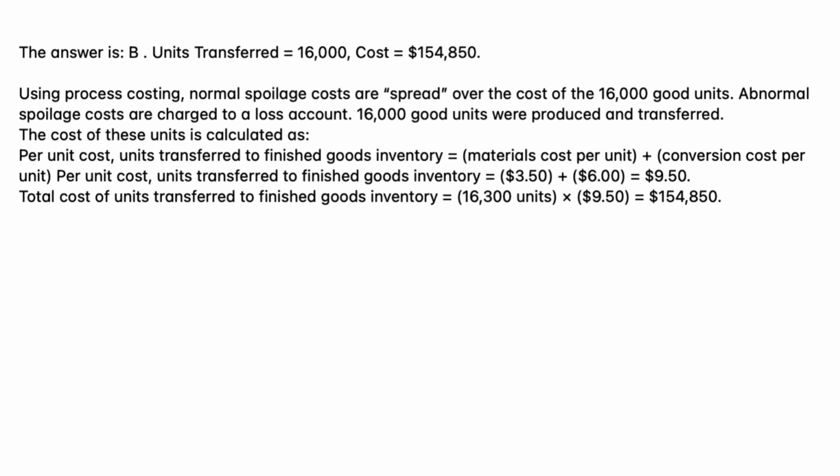$154,850. Using process costing, normal spoilage costs are spread over the cost of the 16,000 good units. Abnormal spoilage costs are charged to a loss account. 16,000 good units were produced and transferred. The cost of these units is calculated as per unit cost, units transferred to finished goods inventory equals materials cost per unit, plus conversion cost per unit, equals $3.50 plus $6 equals $9.50. Total cost of units transferred to finished goods inventory equals 16,300 units, times $9.50, equals